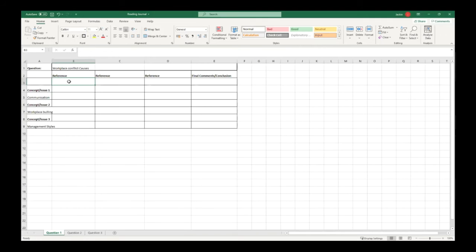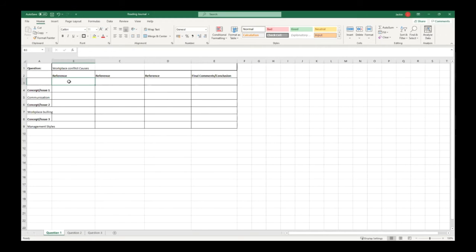So when you find an article that's about workplace conflict and communication, you're going to first of all just scan through that article, reading the abstract, reading the introduction, scanning through the headings and subheadings,